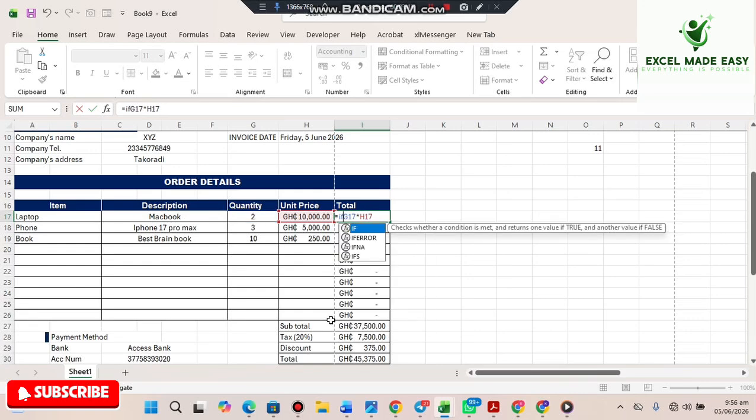So IF, press the tab key. The logical test is the formula. So if G17 times H17, in other words, if the unit price times the quantity is equal to 0, comma, if the value is true, what do you want to see? I want to see blank. So when you want to see blank, you just put in two quotation marks, the double ones. But if it's not true, I want to see